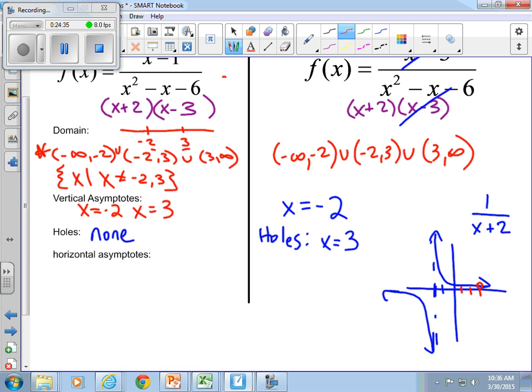Hey, so, recap. Domain, vertical asymptotes, holes, all very similar questions. When you identify the problems with the domain, those problems either are holes or vertical asymptotes. So once you've answered the first part, the second part is easier. You just have to figure out which one's which. Now let's talk about horizontal